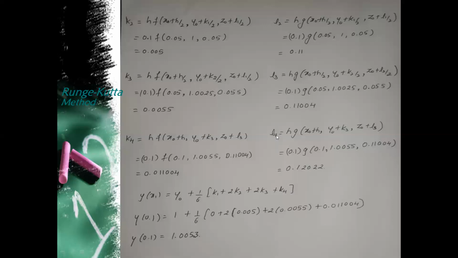And you can notice that in this calculation L4 is not at all taken. We don't need this value of L4. So once you get K4, you can stop calculation and directly go for finding the value of y. Before K4, you need this L3, but after K4, L4 is not necessary. But if y dash of x1 is asked, then you need that L4. So if only y value is asked, you need not even go for L4. We can find the values of K1 to K4, then go for y of x1, then obtain the value of y at the given value of x.